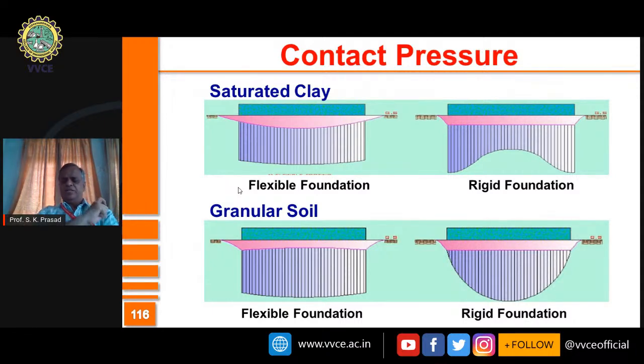Consider extreme soil conditions, purely clayey soil and purely granular soil. If the footing is flexible, then the footing is likely to experience bending. And in clayey soil, interestingly, you see that the footing will experience a bending, something similar to this, with more amount of settlement seen near the center than at the edges. And the contact pressure is going to be uniform.